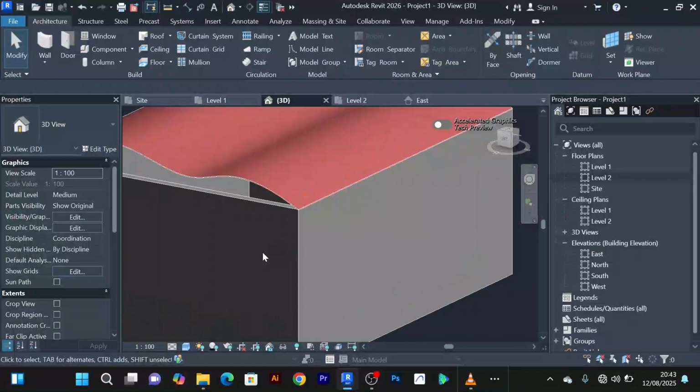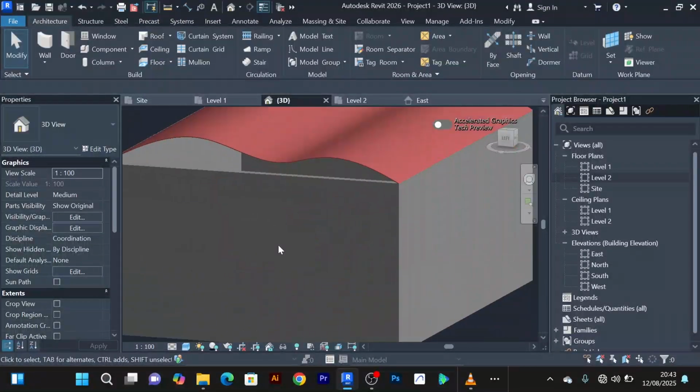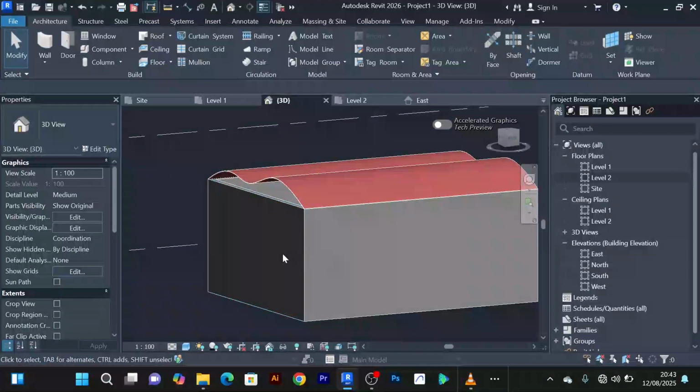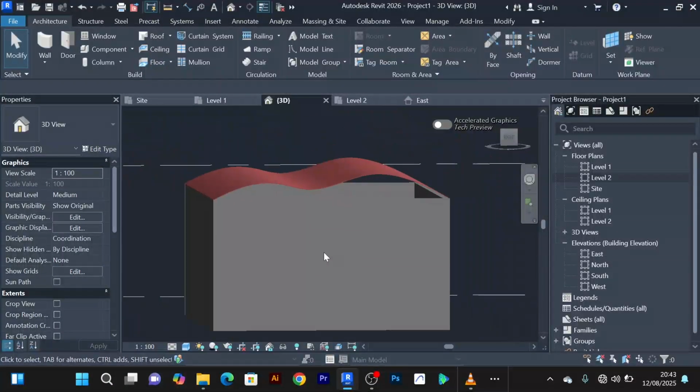So that is how you can really create roofs in Revit, and I believe you have learned a lot here,